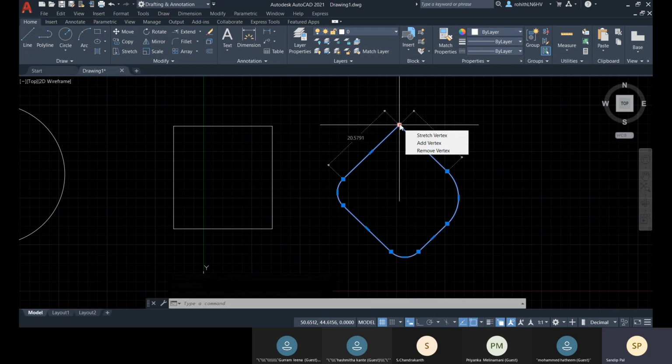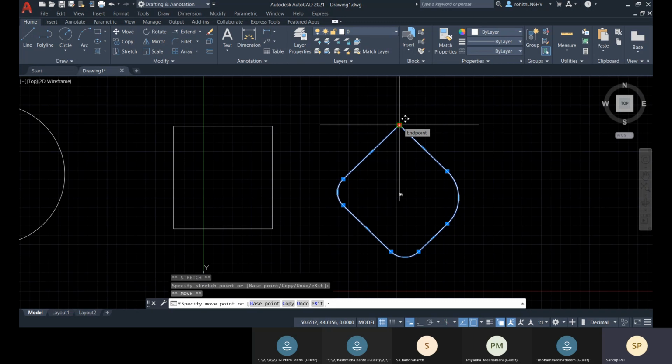Like you click on it and then press the space bar. So you can see on the command line window it's showing you move. If I press space bar again, it will show you rotate. I will go with another space bar for scale, another space bar for mirror, and again stretch, space bar, move. So it will cycle through.